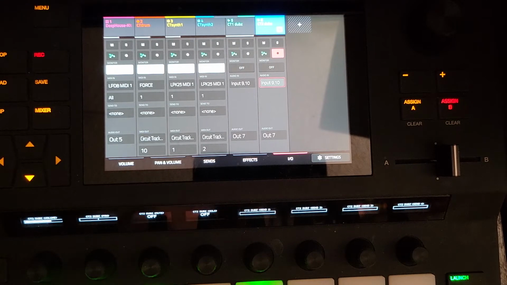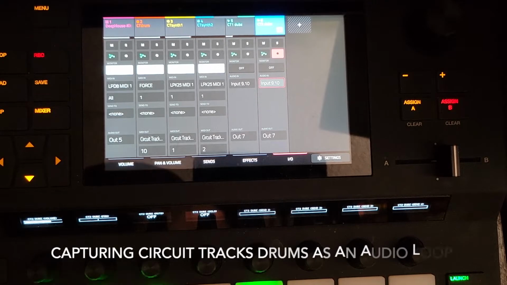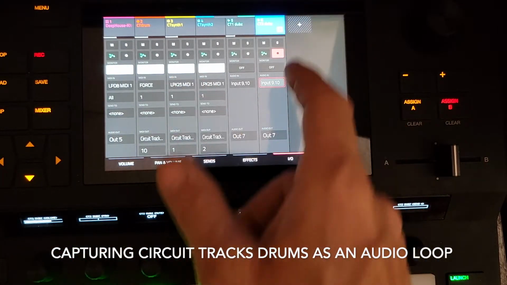It's got a duck going on with the bass and the kick drum there. So I can record that drum line as well and capture it